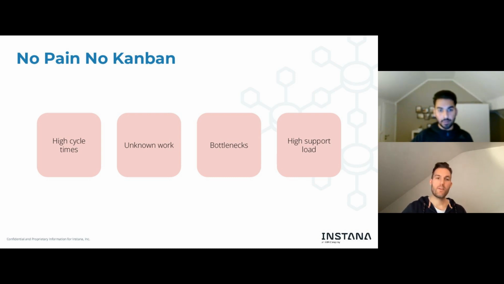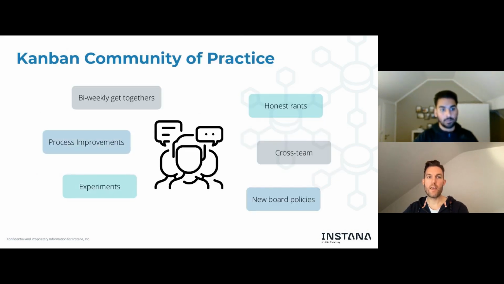One other thing we did to drive adoption is to introduce our Kanban community of practice. That's a group of people meeting every 2 weeks, I guess, for an hour or 1.5 hours. The greatest thing is actually to have honest rants about how work feels, how Kanban feels, how experiments work out.